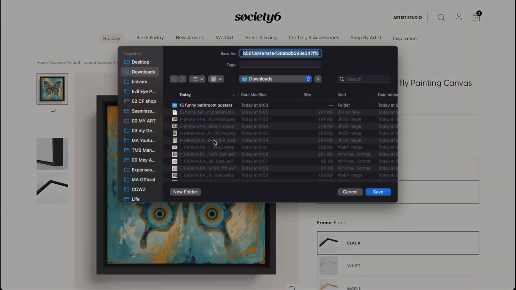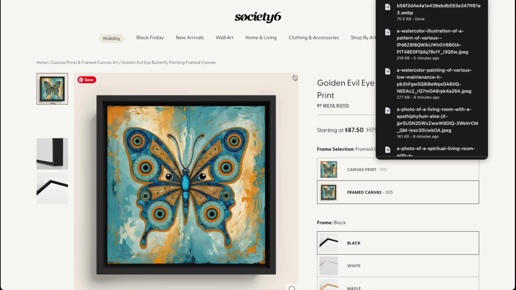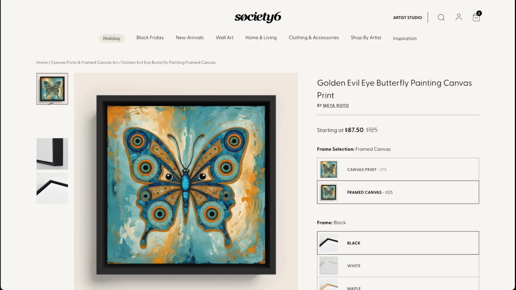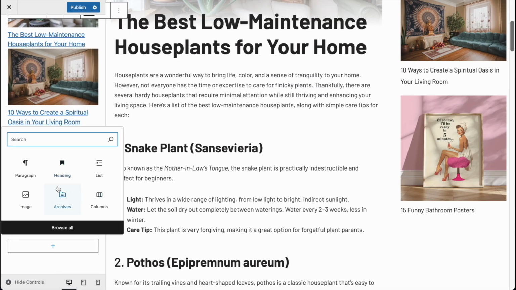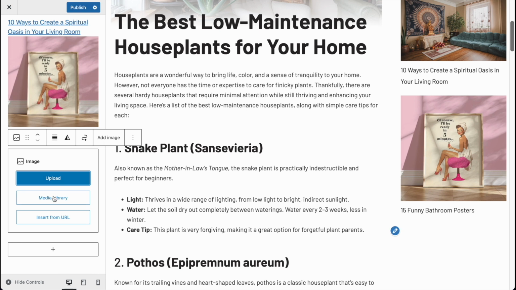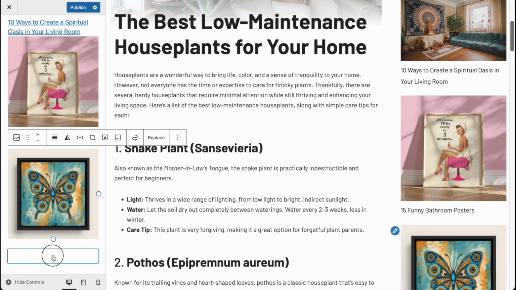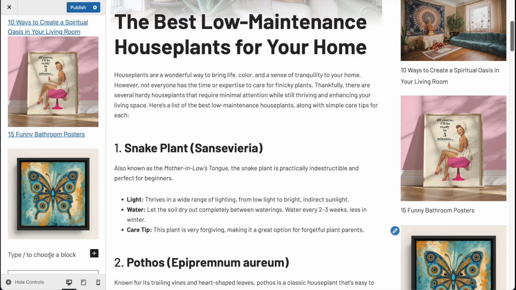I'm going to save this image as whatever I want to save. Of course, change the name, render it through Canva. And I'm going to go back to, where was I? Customizing this. And I'm going to add image, upload this one. And let's add a paragraph. And I'm going to write